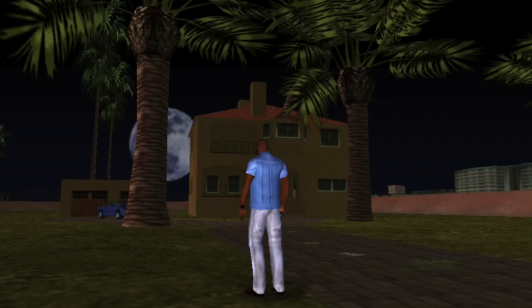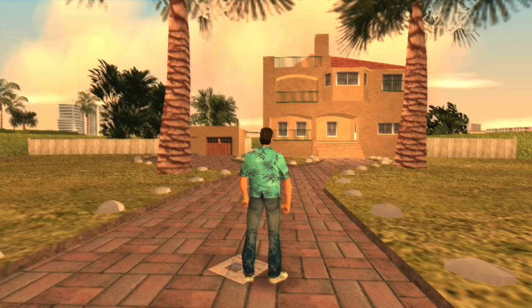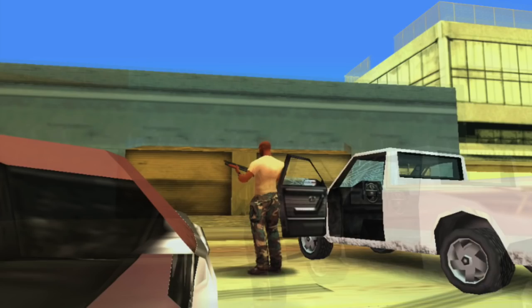After that, we've got a house on Starfish Island, as you guys can see here. This, to me, looks identical. It's almost like they copy and pasted the house from Vice City to Vice City Stories. Either way, pretty cool stuff right there. I'd love to live in that house. That'd be amazing. After that, you've got the Cherry Popper Factory, which in 1984 apparently was not in business because,